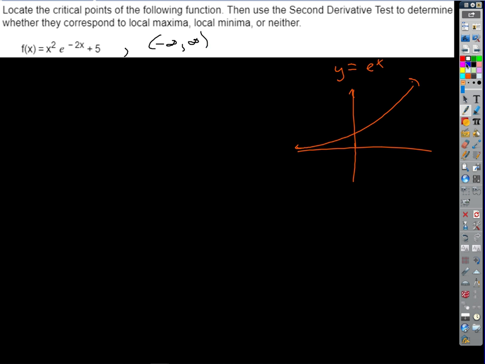We've got to do a little differentiation here. So f prime, this is good practice. What rule do I have to apply there? Product rule, okay? We've got a product of an x squared and an exponential, and then of course the derivative of 5 is 0, right? So I'm going to do the e to the negative 2x first times the derivative of x squared,